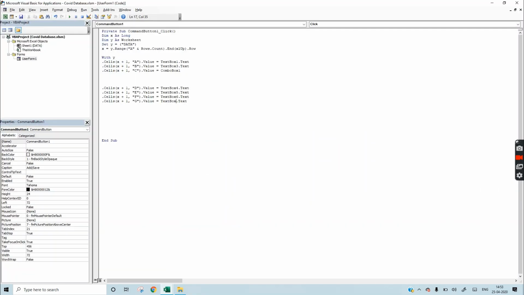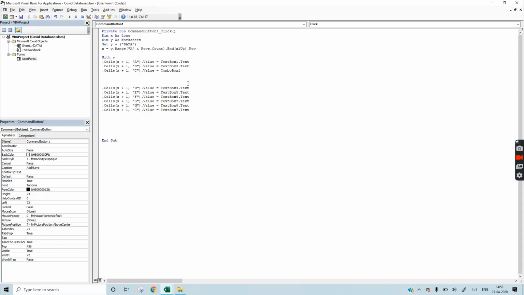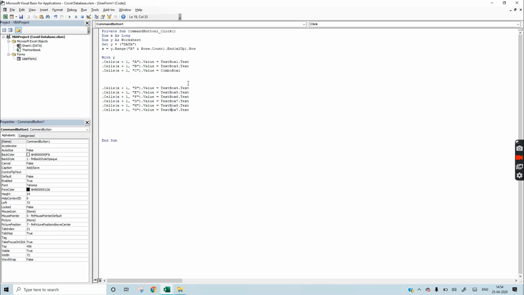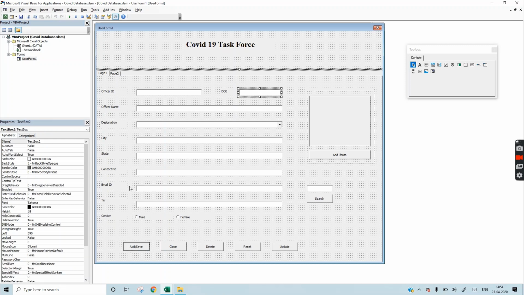Email is 7. H is telephone. DOB is I. DOB is TextBox2.